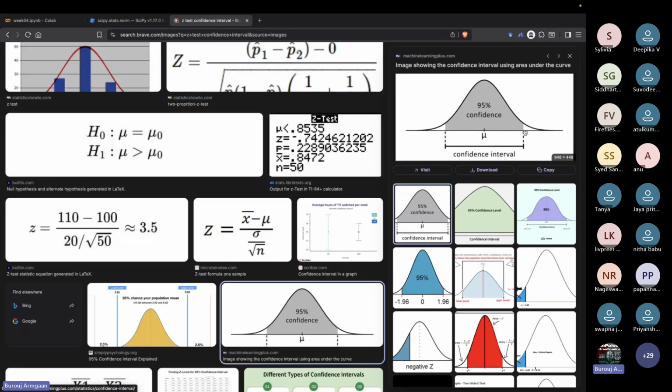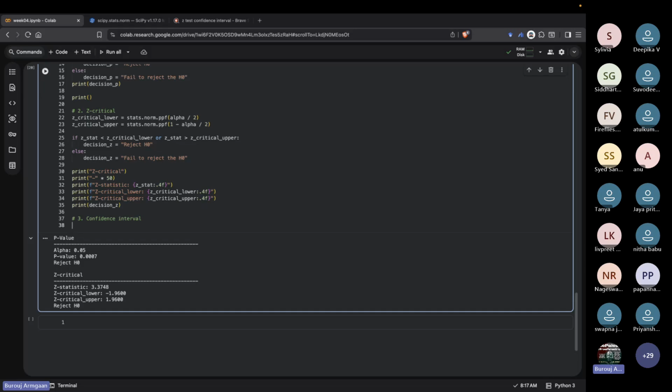And if you are inside this particular band, then you cannot reject the null hypothesis. This is the crux of it. So how do we compute these two bounds for the z critical thing? We have to compute the